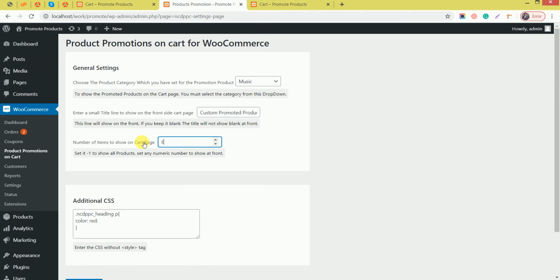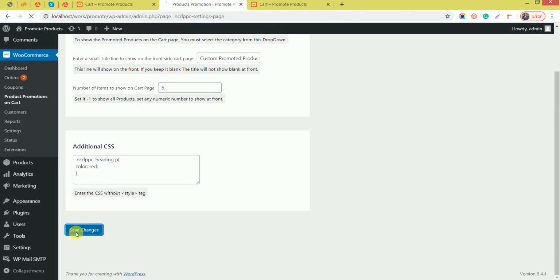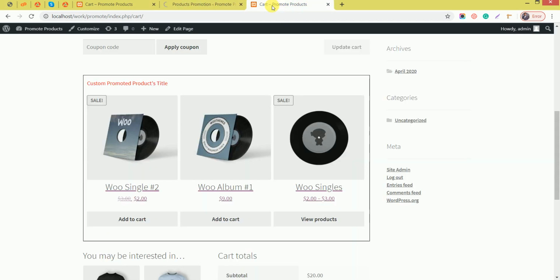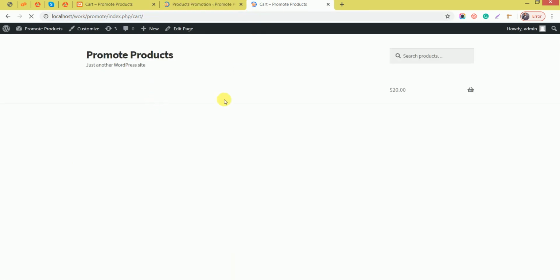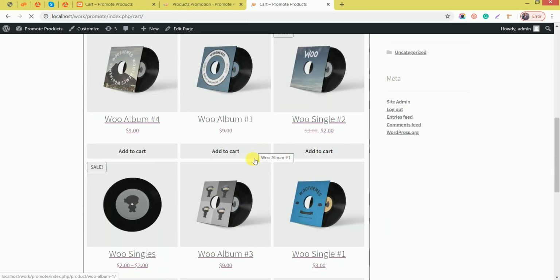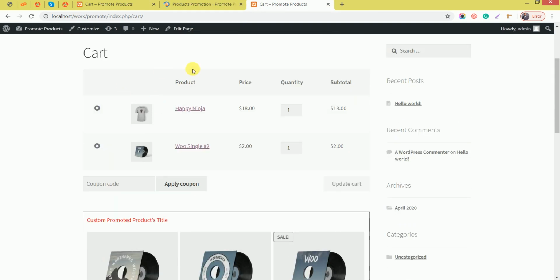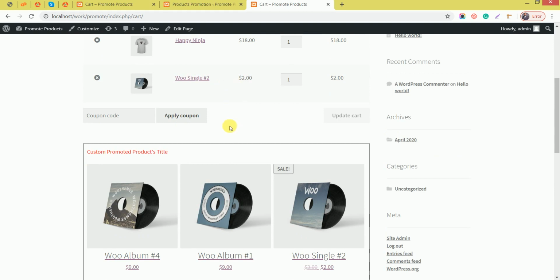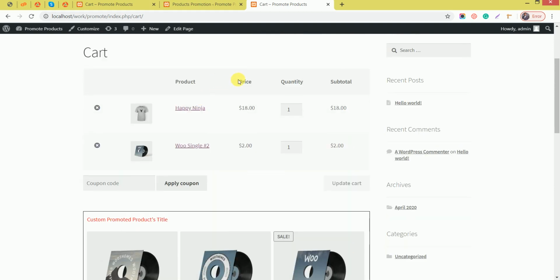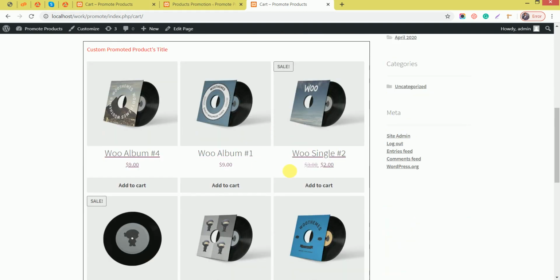Here I am changing the number to 6. So the end user will automatically see these products on the cart page when he or she goes to check out. So it may, definitely, increase the sales of the site.